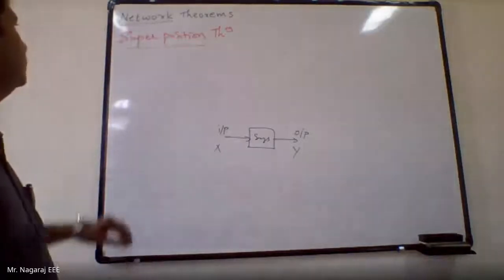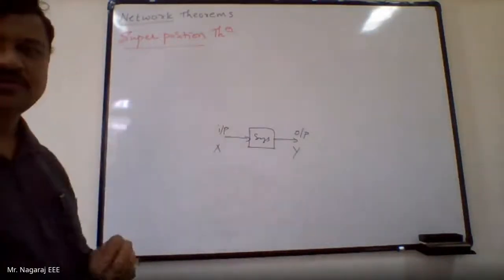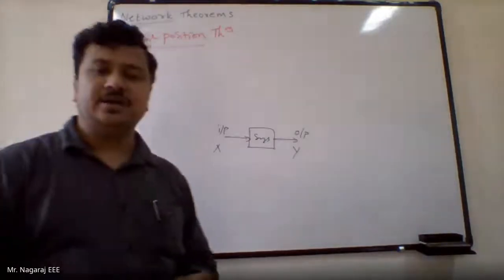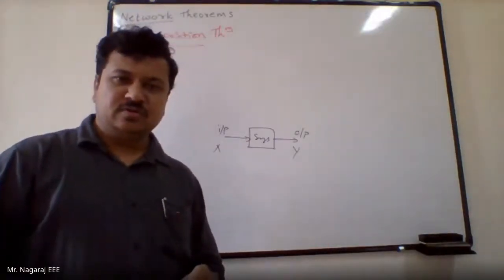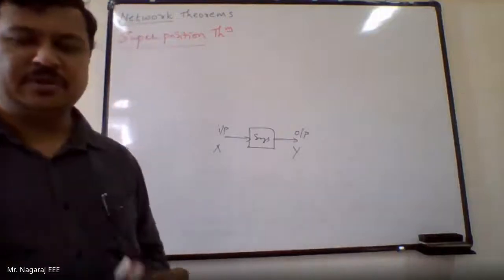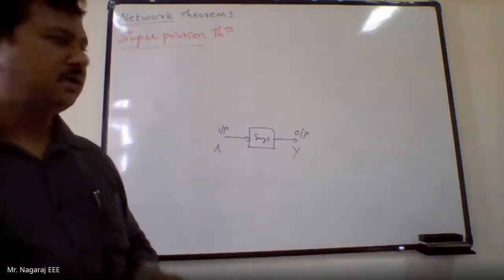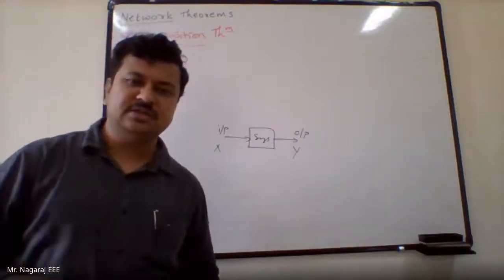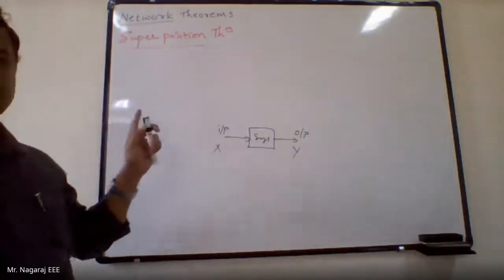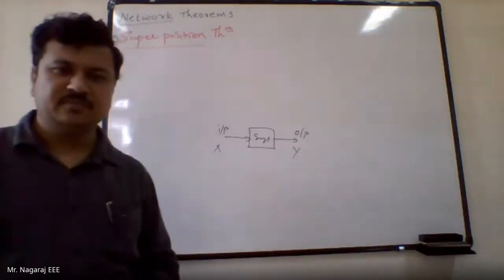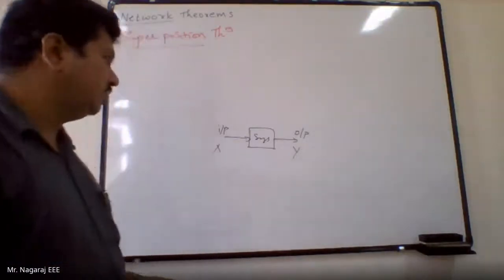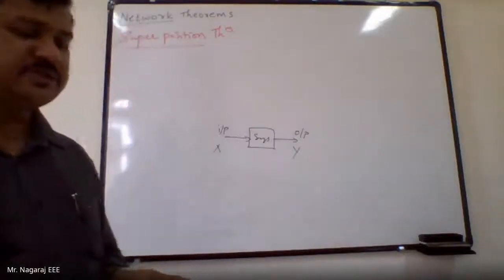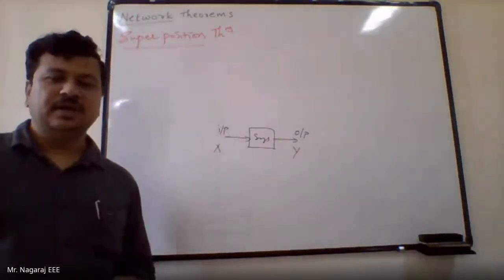So superposition theorem follows superposition principle. In the sense, superposition theorem follows linearity. So here itself I get one limitation of superposition theorem, that superposition theorem has to be applied only to linear circuits. I cannot apply superposition theorem to non-linear circuits. Now we should be looking into what is meant by superposition theorem, what the principle of superposition tells.